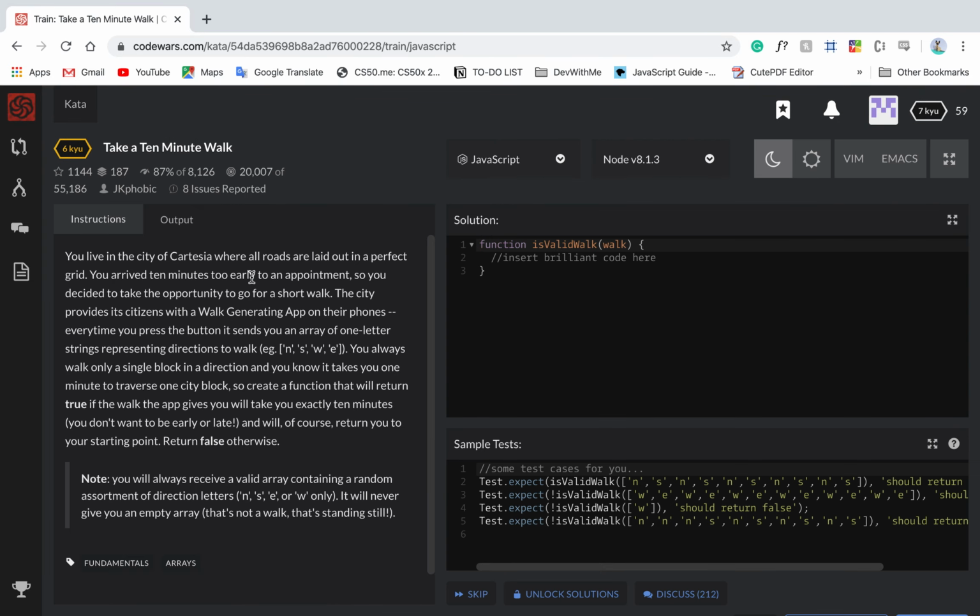You live in the city of Curticia, where all roads are laid out in a perfect grid. You're 10 minutes too early to an appointment, so you decide to take the opportunity to go for a short walk. The city provides its citizens with a walk generator app on their phones. Every time you press a button, it sends you an array of one-character strings representing the direction to walk, such as N for north, S for south, W for west, E for east. You always walk only a single block in a direction, so you know it takes you 1 minute to